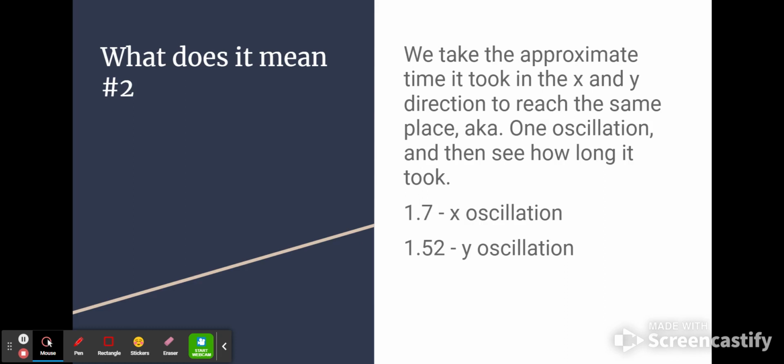We're trying to figure out the oscillations by using the x and y. To do this, you can take the approximate time it took in the x and y direction to reach the same coordinate, the same place, aka oscillation. So in the graph, we would subtract out the times, and we got 1.7 seconds and 1.52 seconds for the x and y oscillation. Now, these are obviously both going to be slightly different because